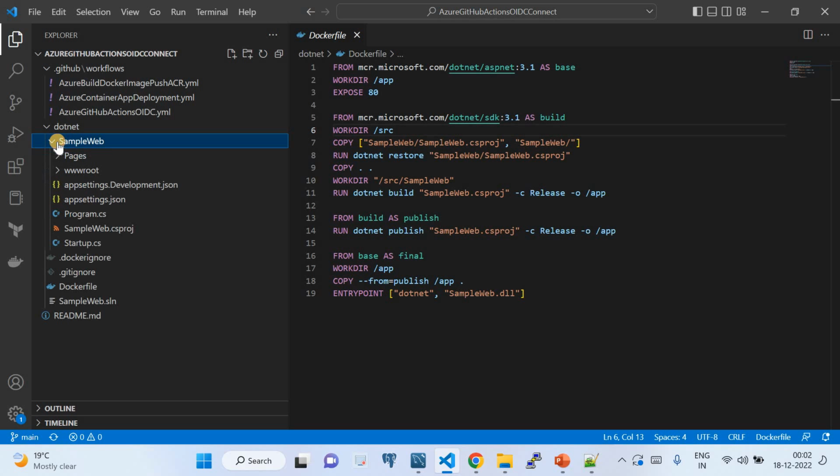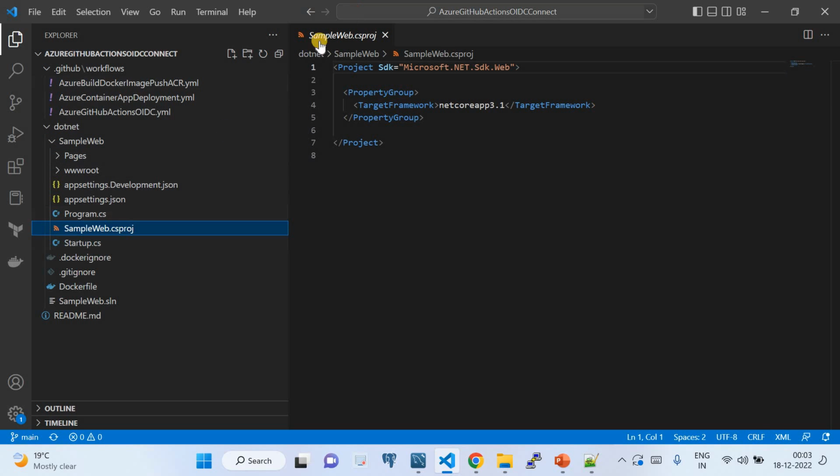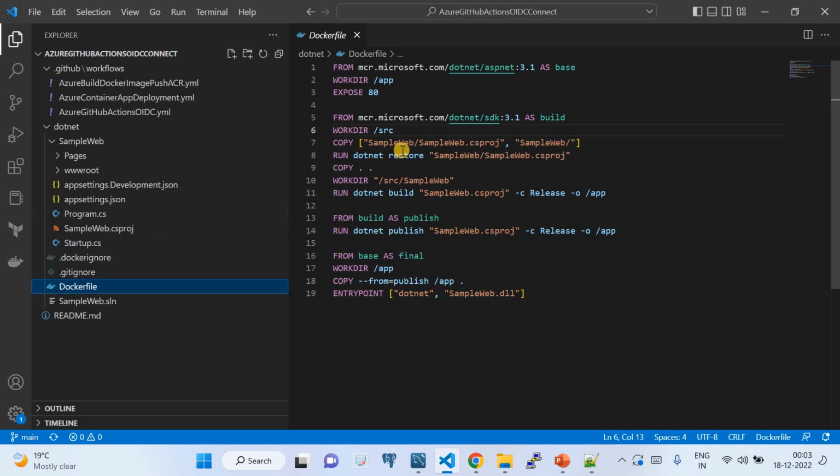If I go down, you have a SampleWebApp .csproj project. This file will be copied with this Dockerfile into the sample project,